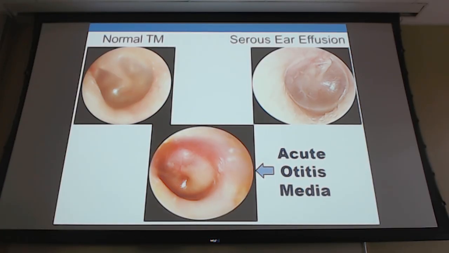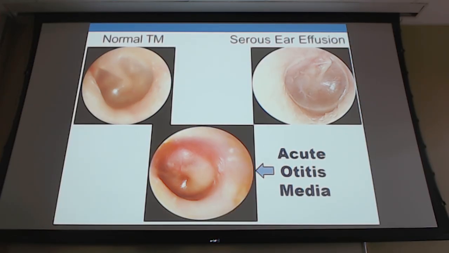Okay? So a normal TM, when you see this, is totally normal. You have your light reflex, cone of light, there's no erythema, there's no hyperemia, there's no fluid behind it, we are good to go. In that serous or middle ear effusion, you see the fluid, you can see the bubbles, you can see the air fluid levels. And then down when you get to acute otitis media,